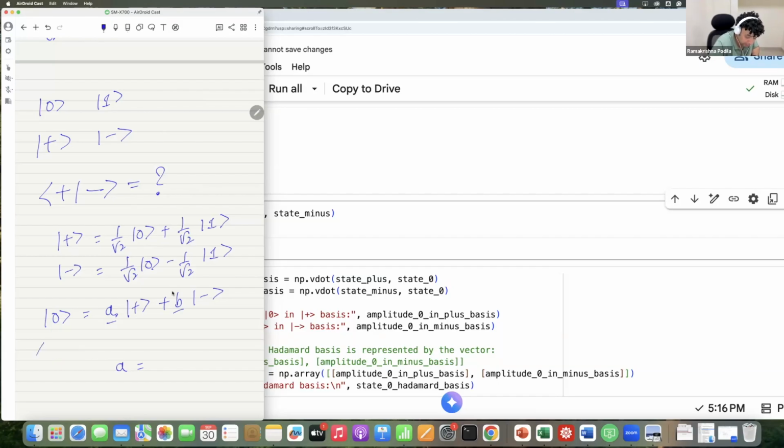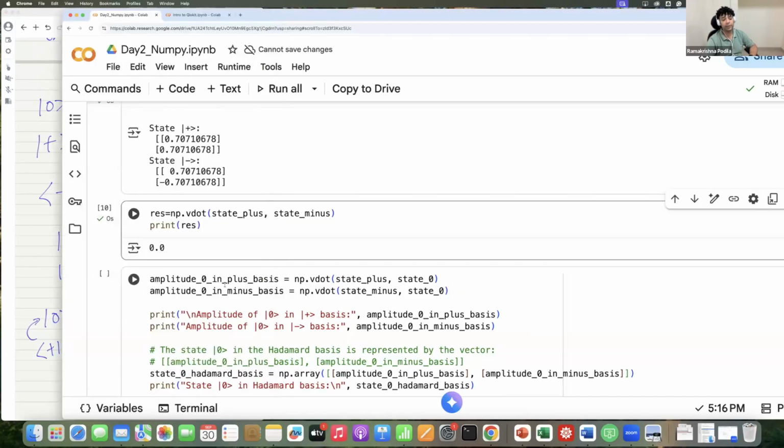So if I did it with plus, I would get a to be plus times 0. Are you able to see that? And b would be minus times 0. So we just need to take the dot product of the state plus with state 0 for the first part, and for the second coefficient, the dot product of minus with state 0. And that's what we are doing. So we take np dot v dot of state plus with state 0, and state minus with state 0, and that's how we